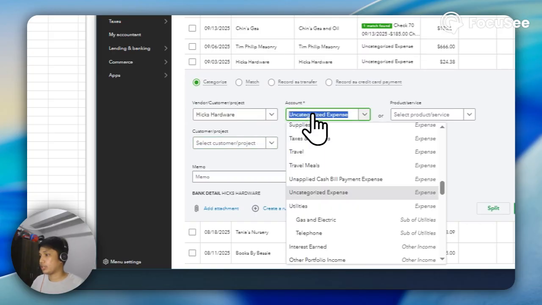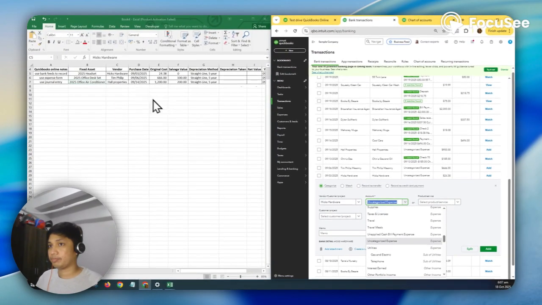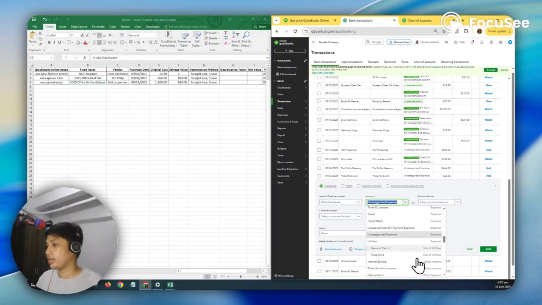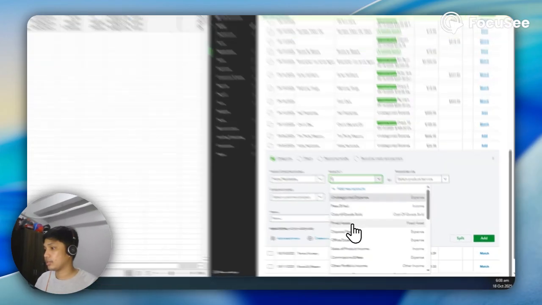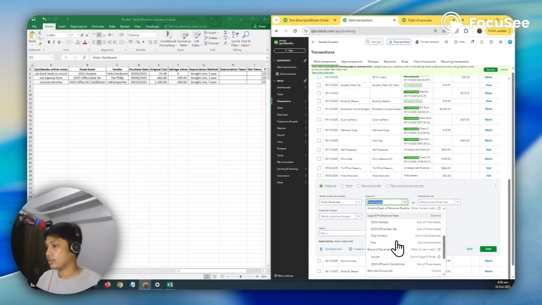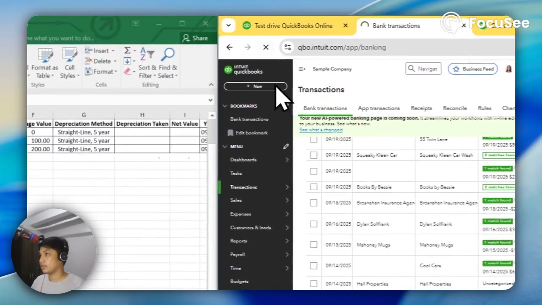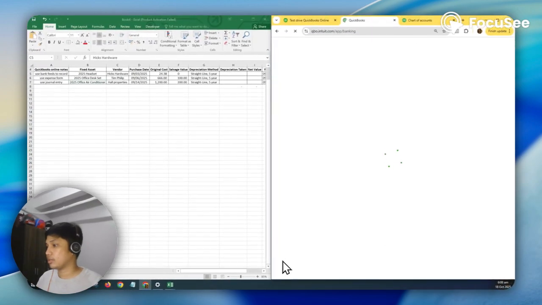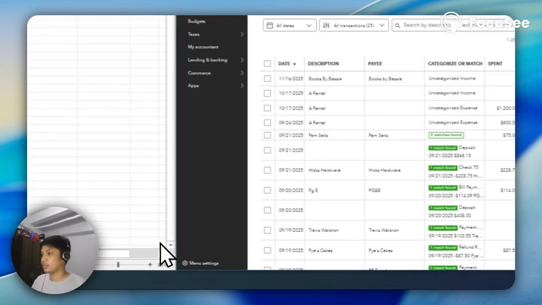I will categorize it as 2025 headset, fixed asset. I think this is not updated yet, so I'll update this one.